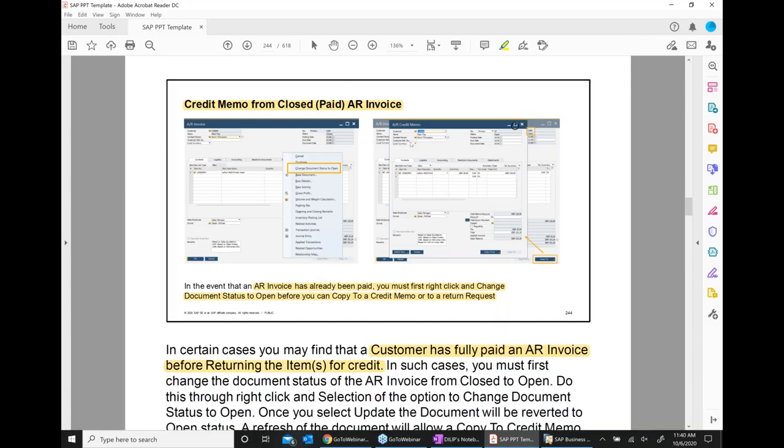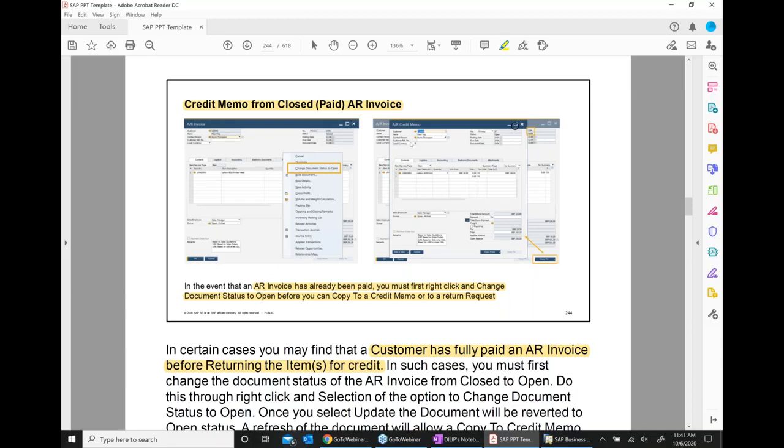A customer can return after invoice. And a customer can also return after making a payment. The customer made a payment to us, and after that the customer says, sorry, I'm returning it. And I may accept the material from the customer after the payment has been made.